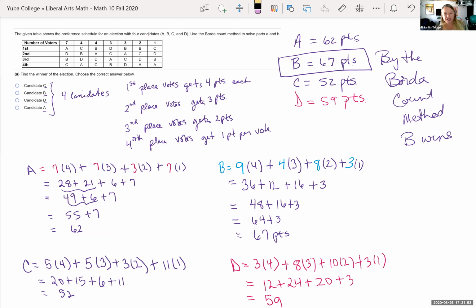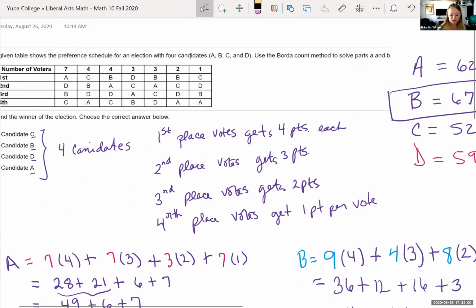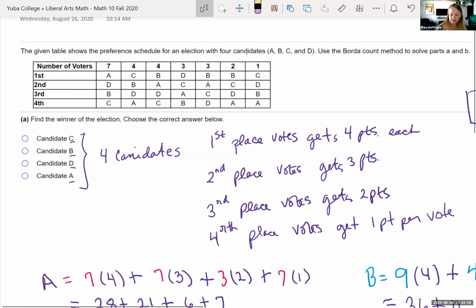So plurality, you're just looking at who has the most, just looking at the first place and who had the most votes for first place. So if we looked at that, would we get the same results as what we just got for the Borda count? And so for the plurality method,